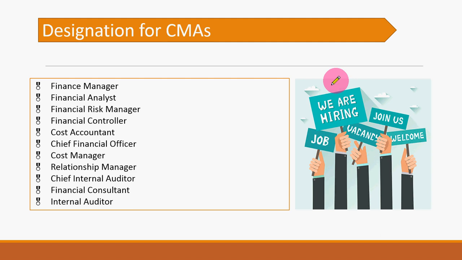Under this you do financial planning kind of activities. In case you pick a different area, you'll become a financial risk manager. You can become a financial controller, a cost accountant, a chief financial officer, a cost manager, a relationship manager,